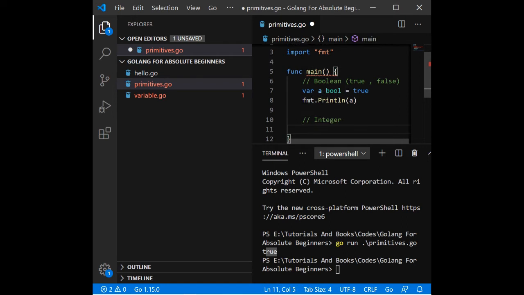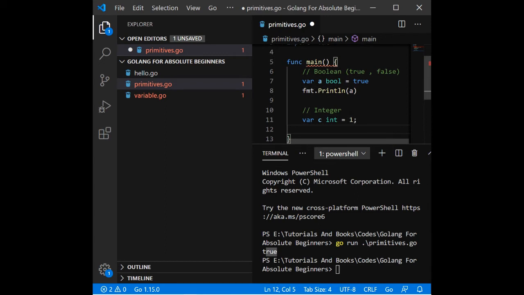So we have different ways to initialize a variable of integer, boolean, any primitive type. We have different ways which we already discussed in variables. So the more basic way which people most commonly use is this one, which we discussed previously in our variable tutorial. But for now, let's use the static type way. Okay, so this is the static type in which we are also saying that this is an integer type.